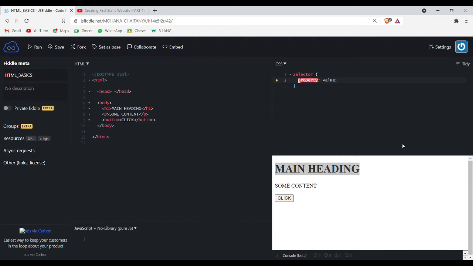As I said, we are focusing on the main heading and we want to center it. So we write the property text-align, text hyphen align, it is the syntax, and we want to center it. So the value will be center.